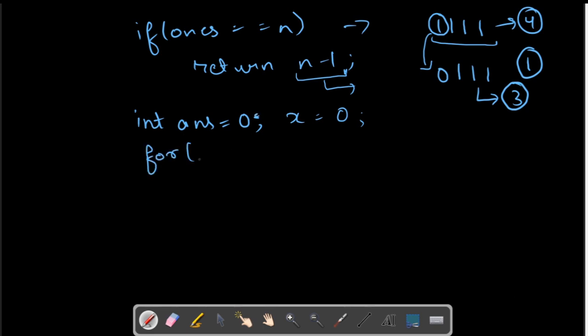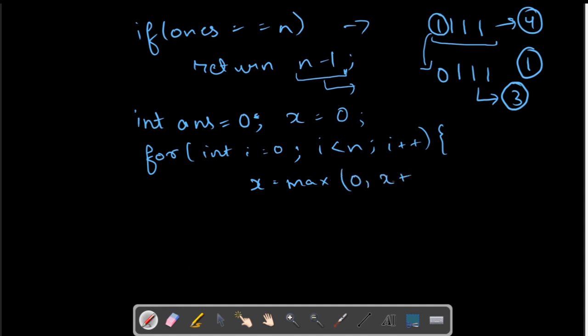So for int i equal to 0 up till n, I'll take x and make it max of either 0 or x plus arr[i]. What it does is it sees that, suppose we had 1 1 0 and then 1 1 0 0 and then 1.